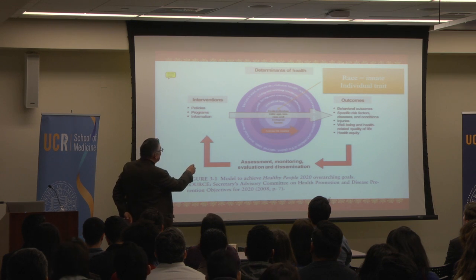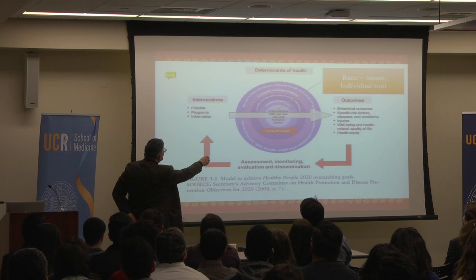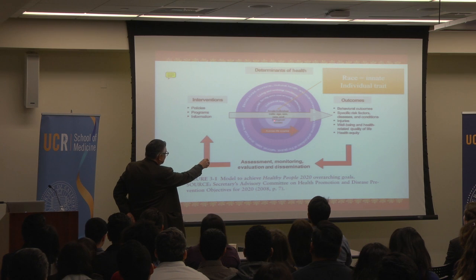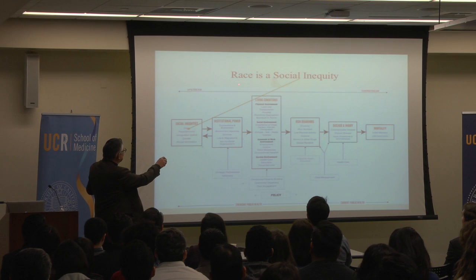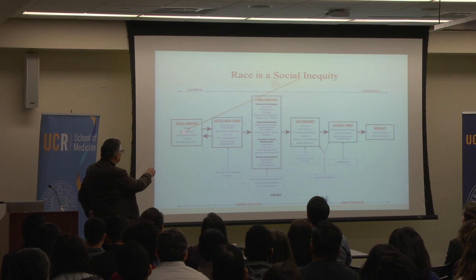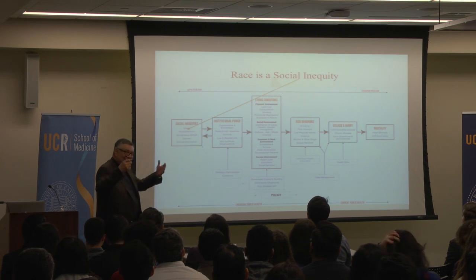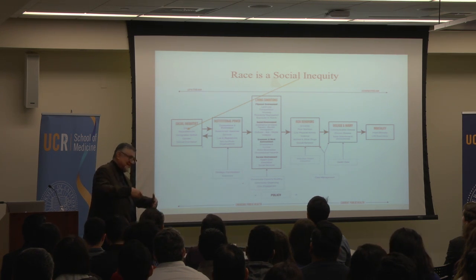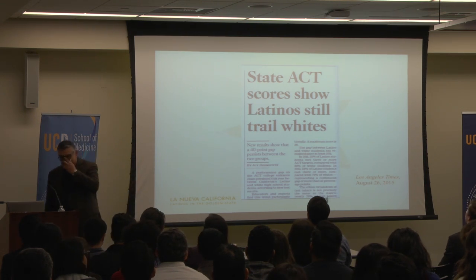And in fact, as we look at these determinants of health that we're working on, the social determinants of health, here in this particular model we have the innate individual traits: age, sex, race. So race keeps coming up as an important issue. Here, and this is a rather, you can see why I don't like this, but this is a model. A social inequity is race ethnicity. That's an inequity? Well, in this model, you know, if you want to look at poor outcomes, yes. Okay. And the debates are far from dead.